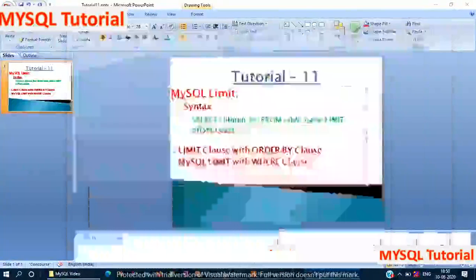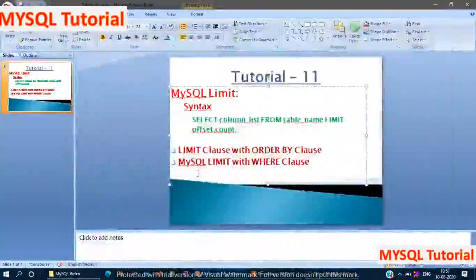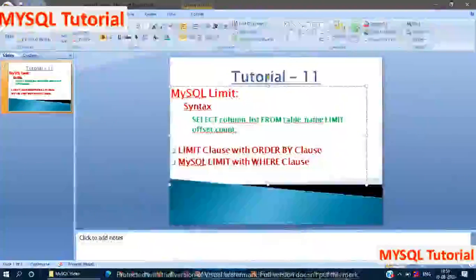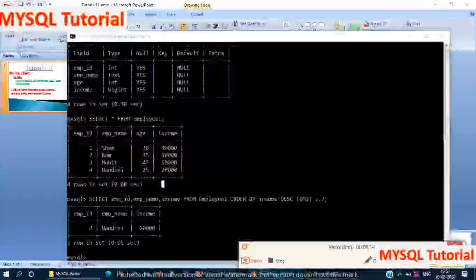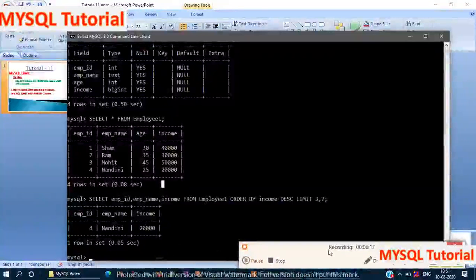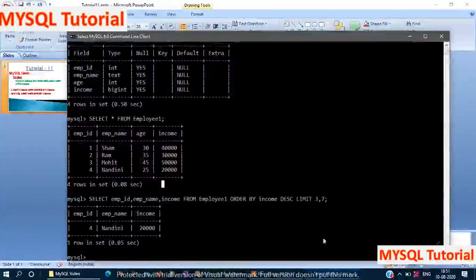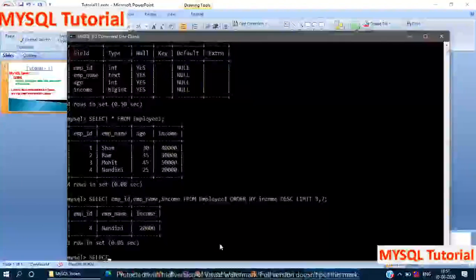Now we will see MySQL limit with the where clause. Now we perform the query by using the select command. Select employee name.